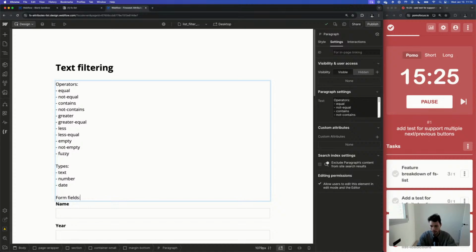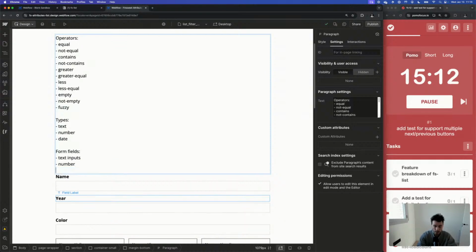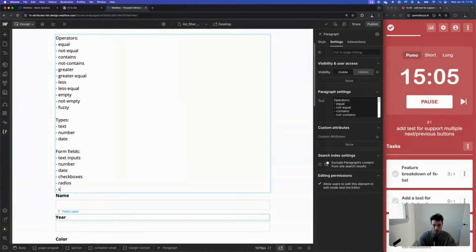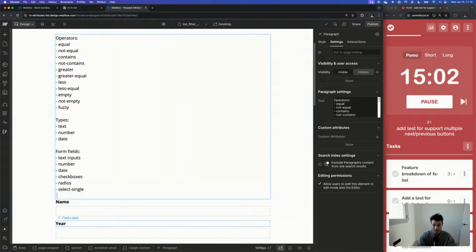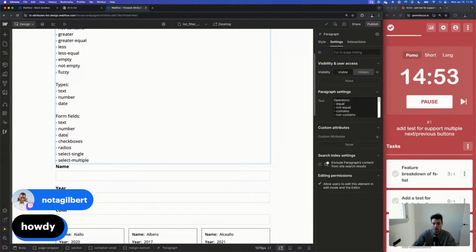Because we need to account for text inputs, the number inputs, the date inputs, checkboxes, radios, selects, single, select multiple. Let's call these text, number, date, range, but it would be treated as number as well.